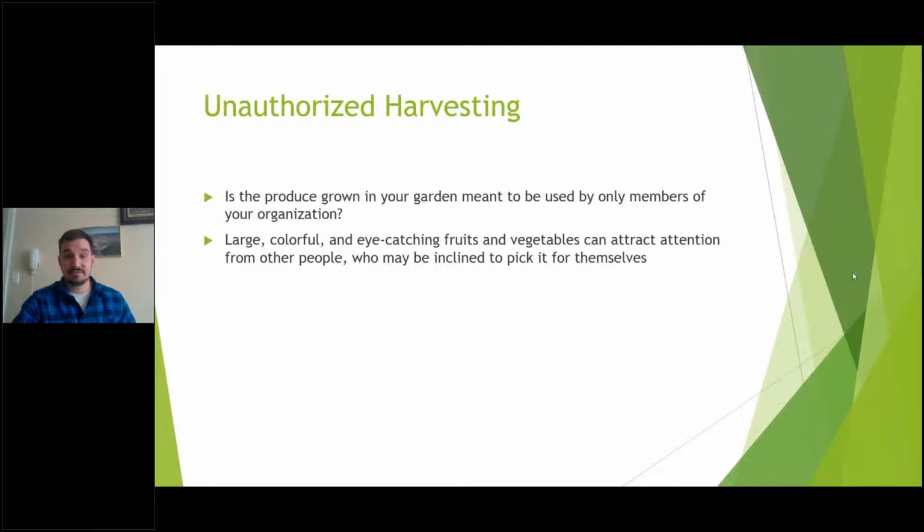And you can have people going in and just picking things for themselves, saving a trip to the grocery store. Maybe in some ways that's okay with your organization. Maybe part of the goal is to provide this food for the community at large. But a lot of times,